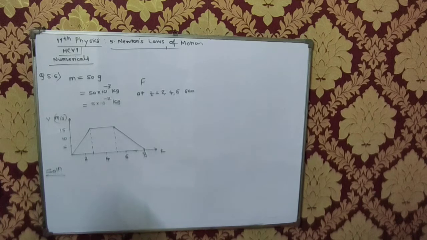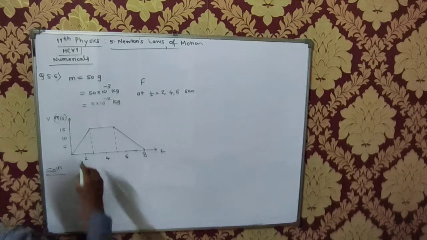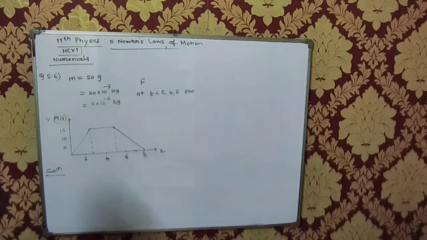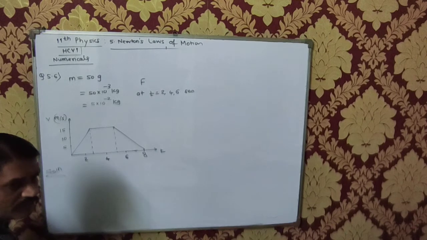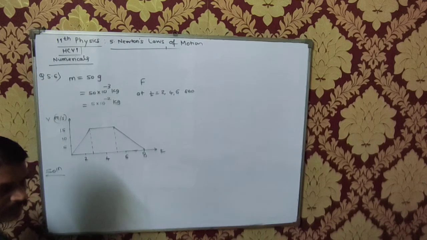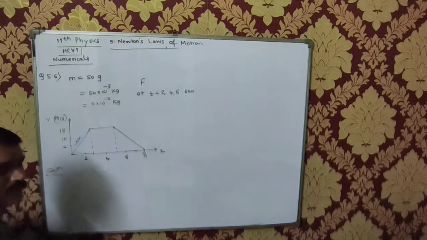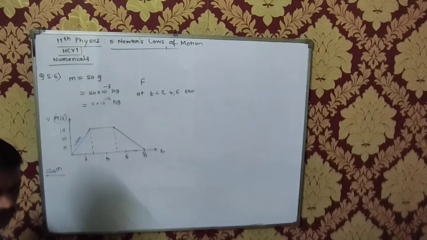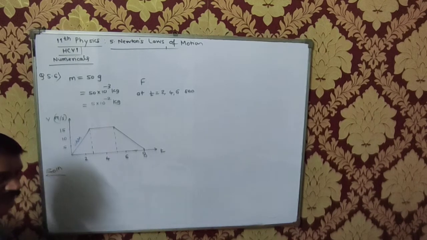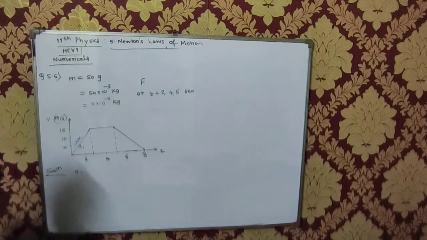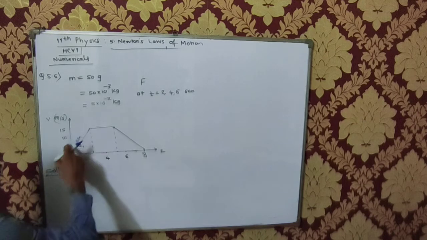Well, what I see here is the velocity is changing constantly. So the slope is constant. If this is a constant slope, what does this mean? There is uniform acceleration. We call this uniformly accelerated motion. If this is uniformly accelerated motion, the slope of this will be the acceleration. So what is the slope? What is the acceleration? Well, I can say v minus u upon t.